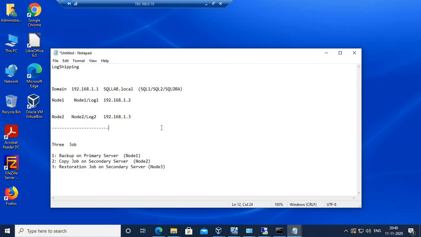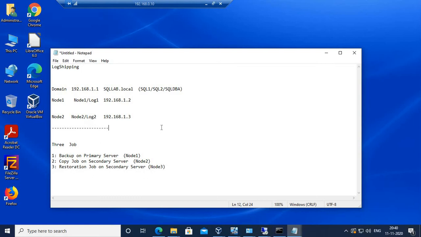If there is frequent data updation, there is a gap, a latency between data updates, because